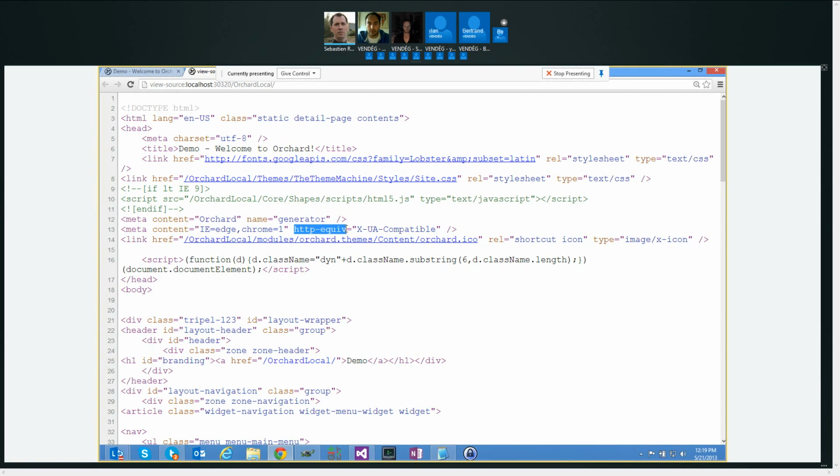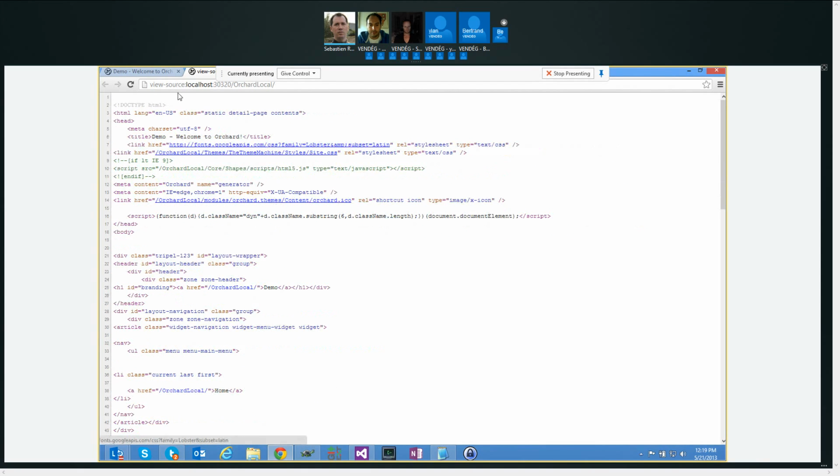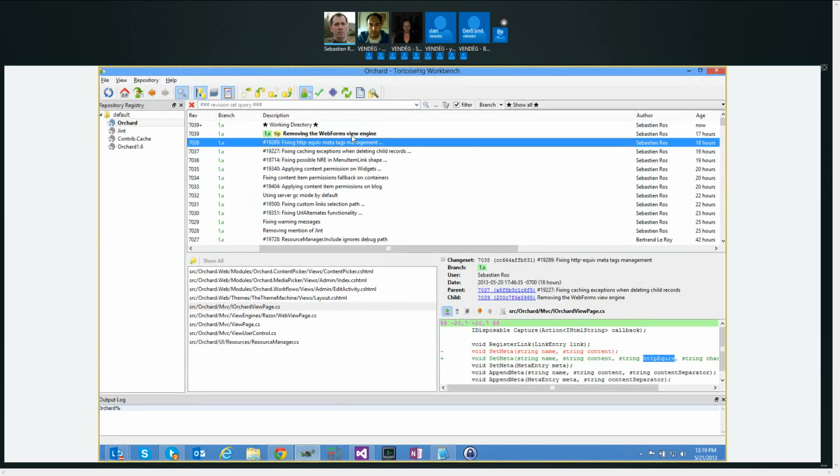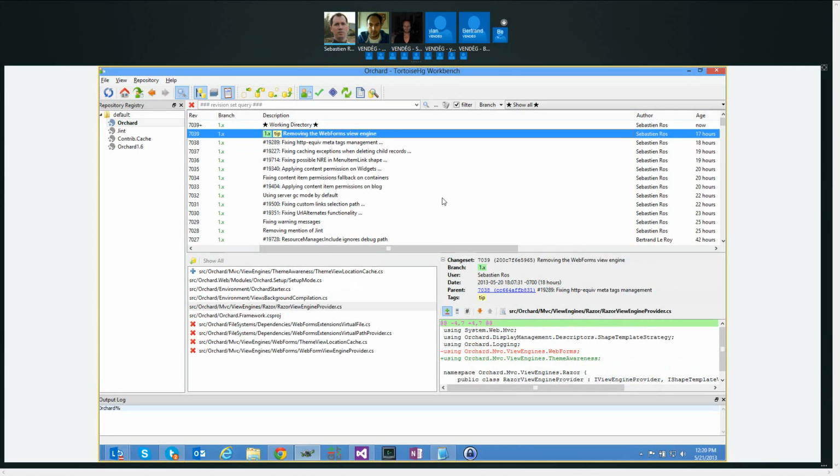And it was actually broken. So if you try to render the HTTP equiv only value and no name, it will not render because it was using the name only as indexer in the resource manager. So now it's fixed and you can define it like that. And I also changed the default templates to render it like that. And finally, I removed the webforms view engine